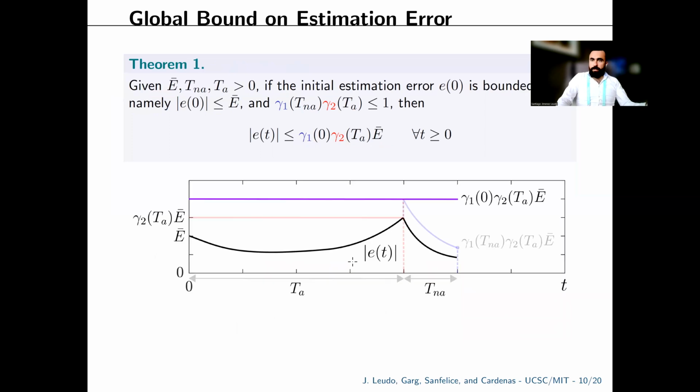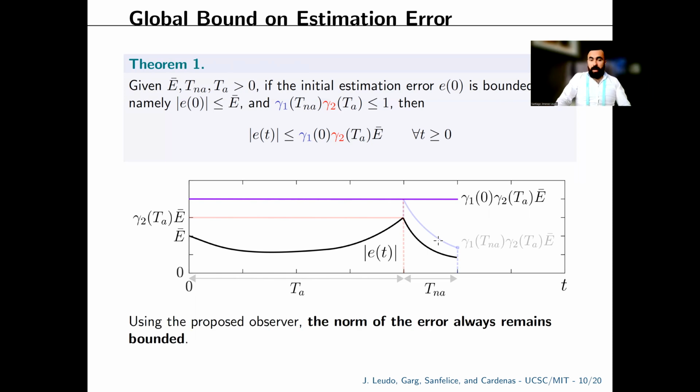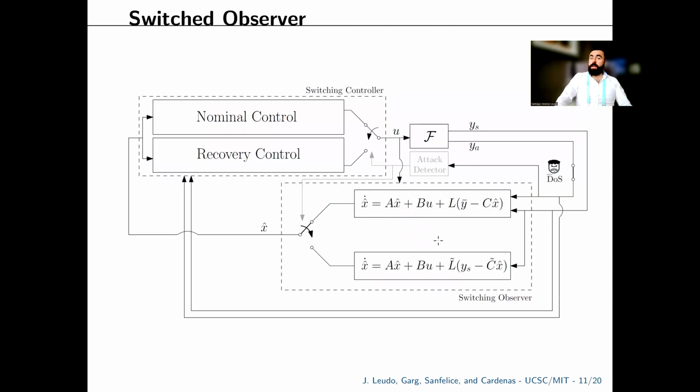If we use this information to analyze the error under every sequence of attack, non-attack, attack, non-attack intervals, then we can guarantee a global bound, and we can also guarantee that the error will be smaller than the initial error at the end of every non-attack interval to prepare for the next attack. So if we have this, we have a global bound on the error, and this is what we're going to use